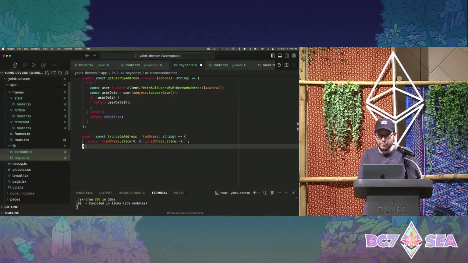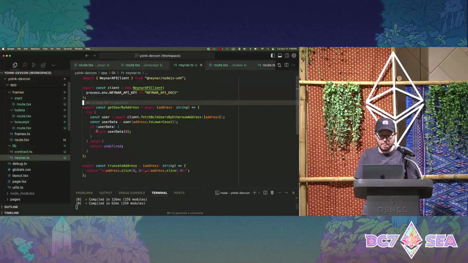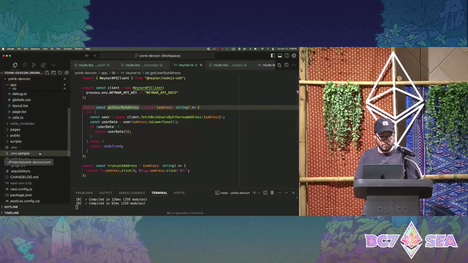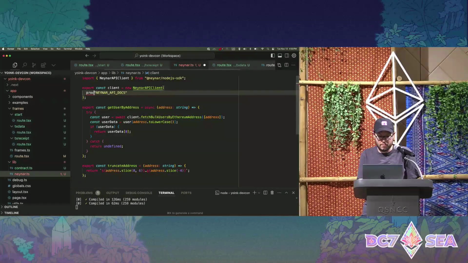And then just a helper in here for truncating addresses, which are a little bit ugly. I think we have a special API key. If anyone else is building here too, you can use Neynar DevCon 2024.